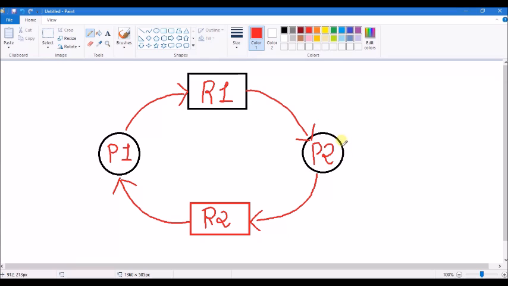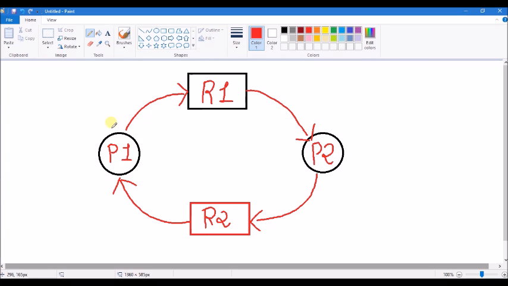So we can also say that process P2 is waiting for process P1, right? From this analysis we come to the conclusion that process P1 is waiting for process P2 and P2 is waiting